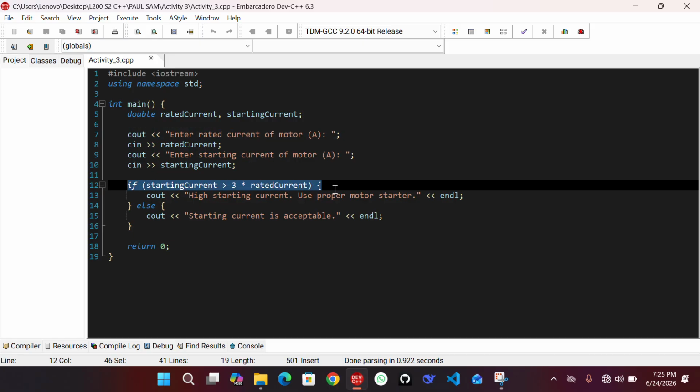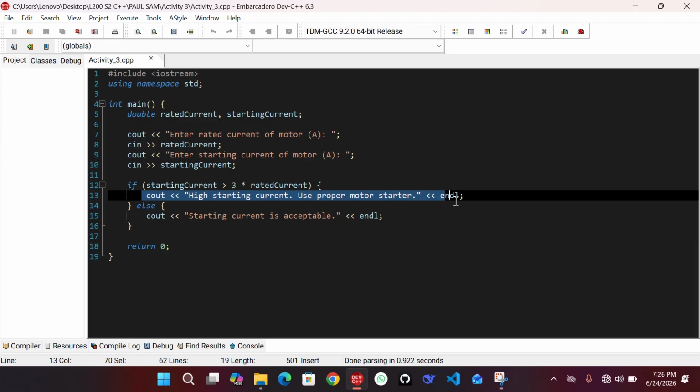This if statement checks whether the starting current is greater than 3 times the rated current. The formula 3 times rated current calculates the maximum safe starting current. If the starting current exceeds this value, it displays high